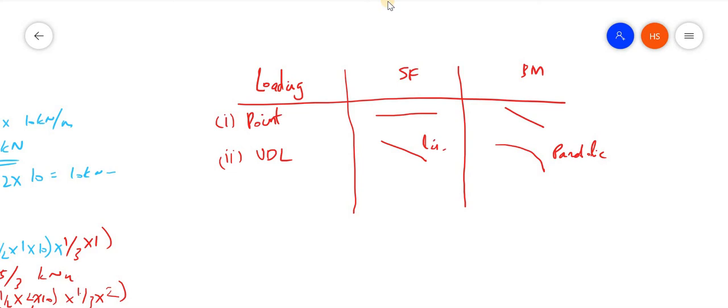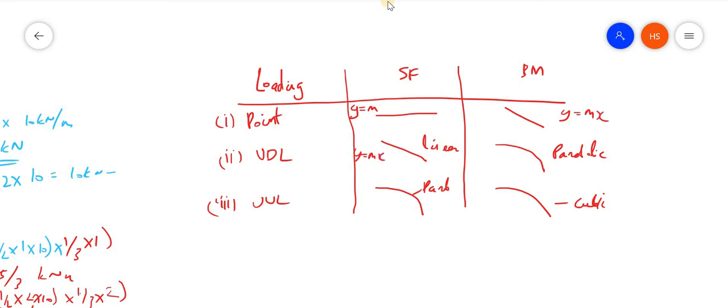Okay, and considering the UVL, the shear force will be parabolic, and this bending moment variation will be cubic. So what is the change? For this equation, y is equal to m. For this equation, y is equal to m into x. Here it is y is equal to m into x. It will be y is equal to m into x square. Here it will be y is equal to m into x square, and here y is equal to m into